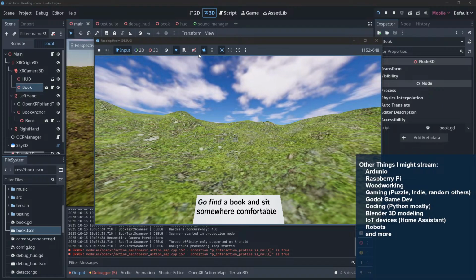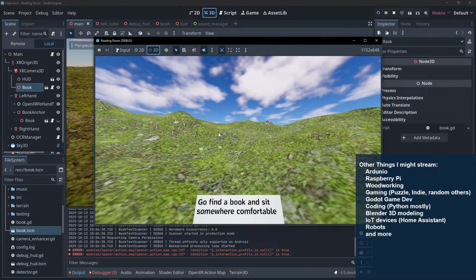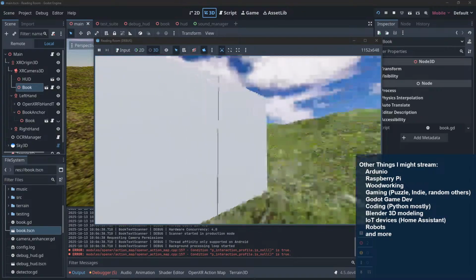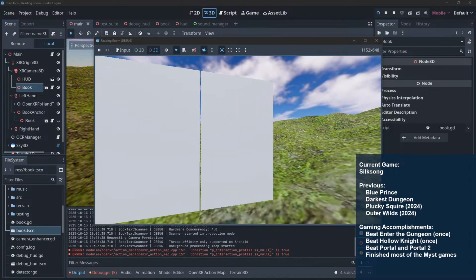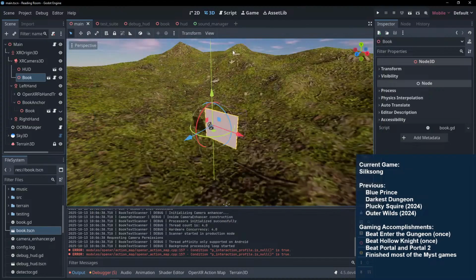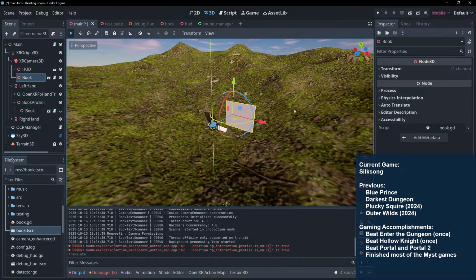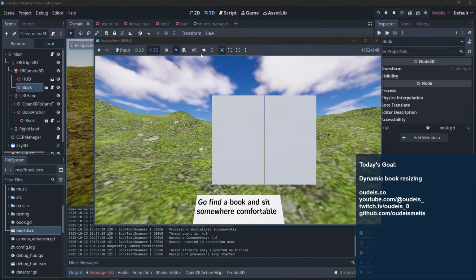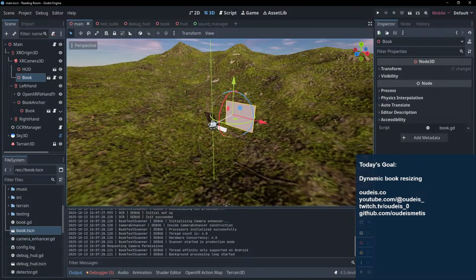So let me think here. How do I do 3D? Yeah, there we go. Okay, so the book is there. Got ya. Okay, so I could probably move it forward a little bit, like that. And if I run it now, it's going to do the audio every time. It'll be a little annoying. No, it remembers it. Okay, so I could do that, and then on main,